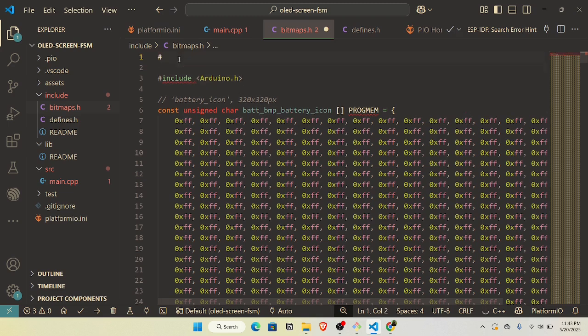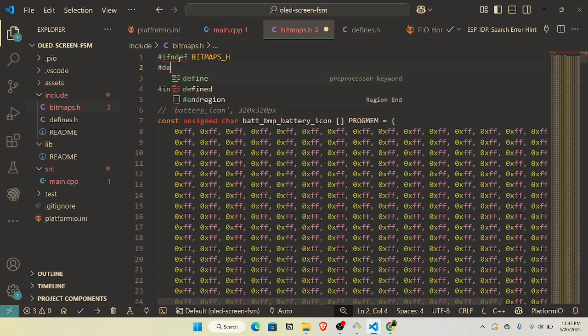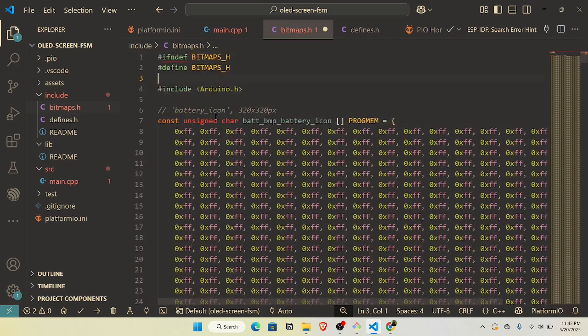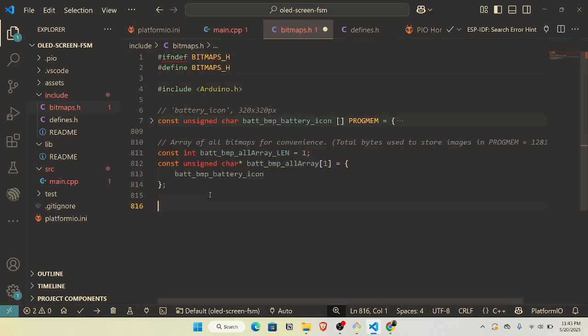So include guards. So if not defined, what's the name of the file? Bitmaps h, define bitmaps h. Okay, and if, where is it? I think I can minimize this. Cool. So this is endif, and if, right? So